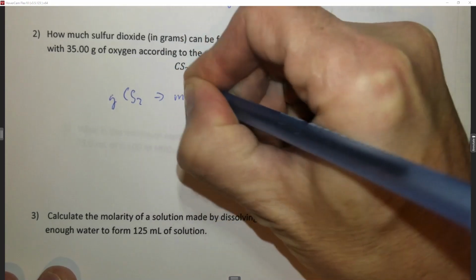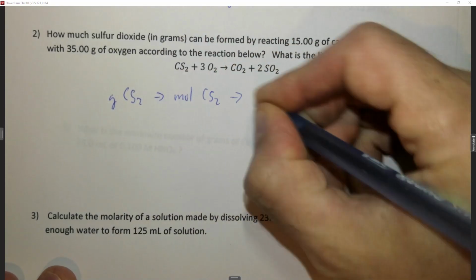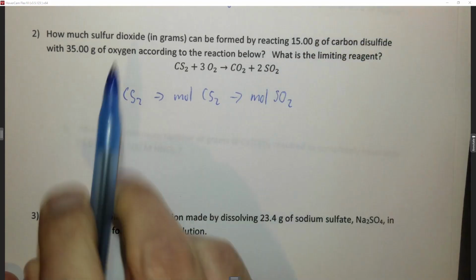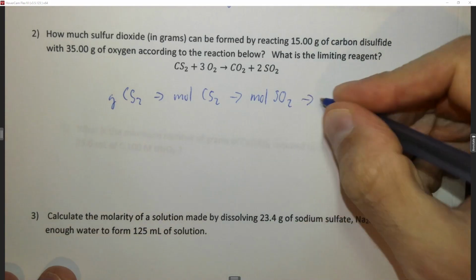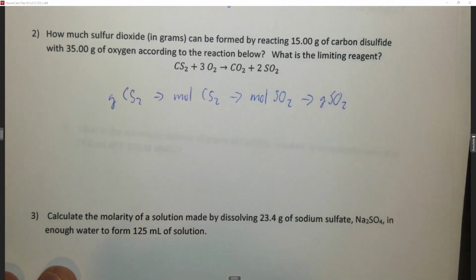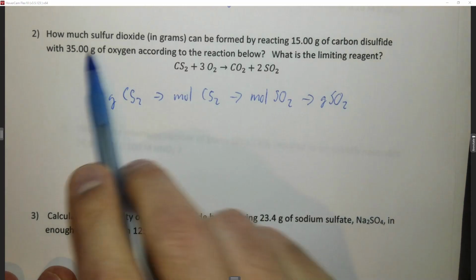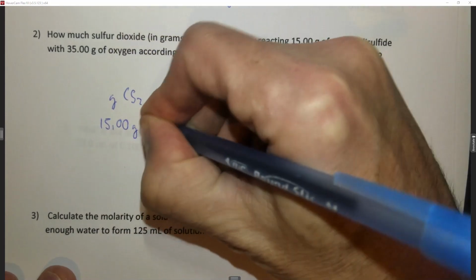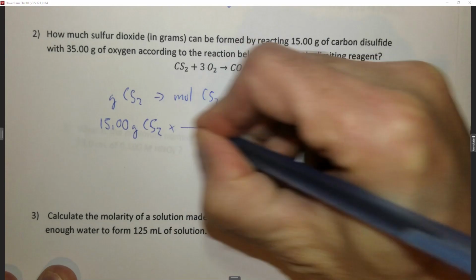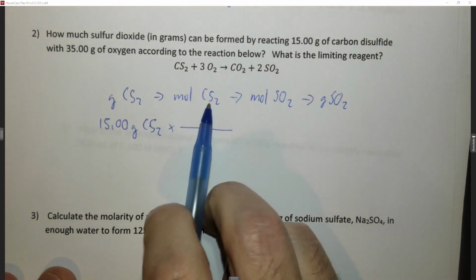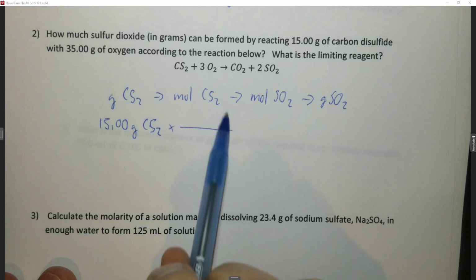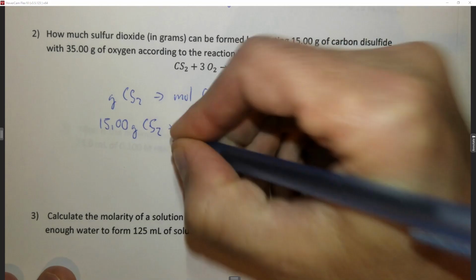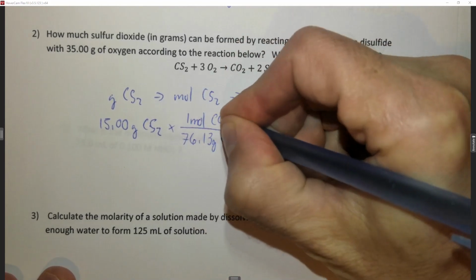but we have grams of CS2, and then we want to convert that to moles of CS2, and then to moles of SO2, because it asks us how much sulfur dioxide can be formed, and it asks us for that in grams. So finally to grams of SO2. To do that, we're going to need some molar masses. But first, we're going to need the amount of CS2 that we have. So starting with 15.00 grams of CS2 times, we want to convert it to moles. The molar mass of CS2 happens to be 76.13 grams of CS2 on the bottom, and the 1 mole of CS2 on the top,